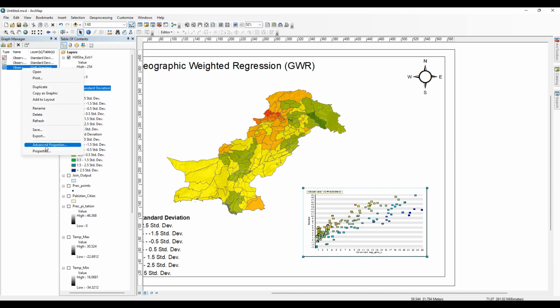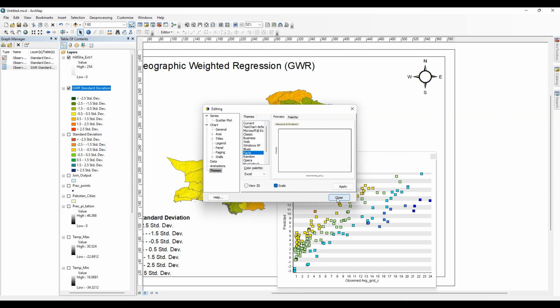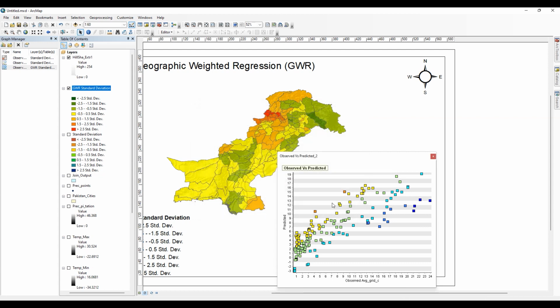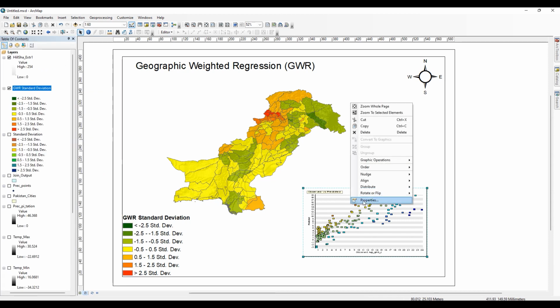Go to the advanced properties. Set the theme as facts and click on apply. Set the graph size by going to the properties.